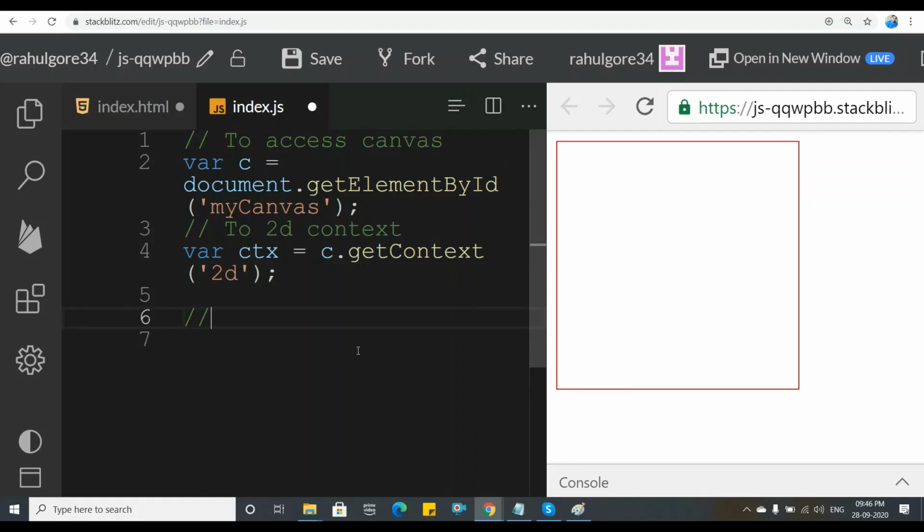So let's start to draw a dot onto our canvas. For that we use beginPath to reset the coordinates of the current path.